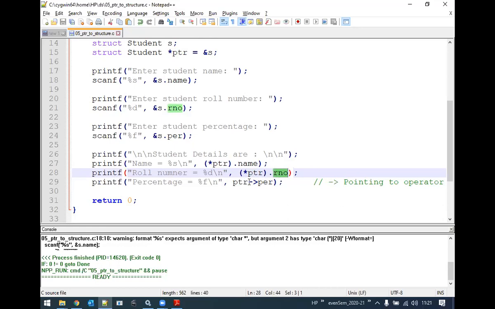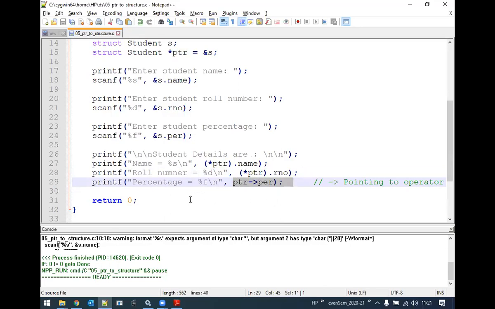Or we can make use of the pointing to operator as well. But since there are two methods, which one can you write in the exam? You can make use of the first convention, that is using the asterisk convention. If you get a question related to the structure, you can just write in this way. And this is just additional information for you.